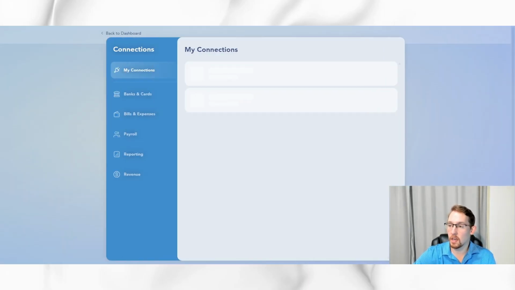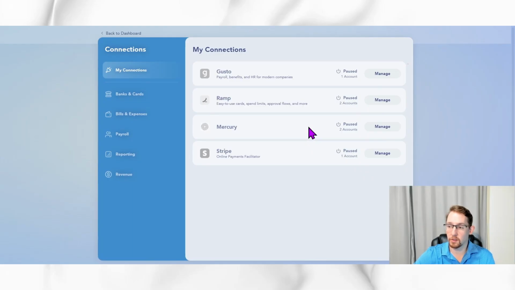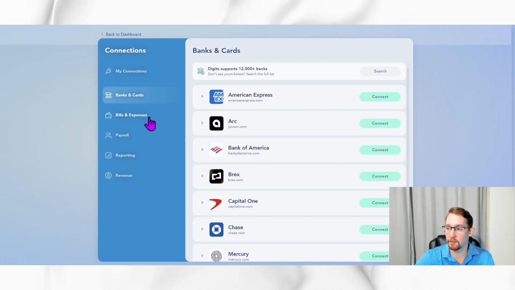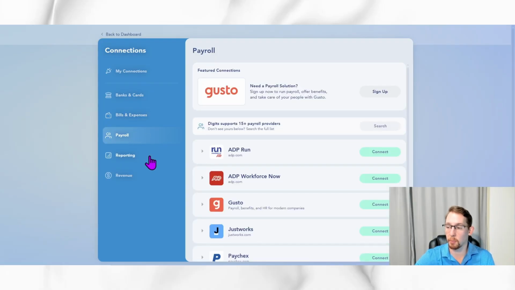Let me go over here to connections. You can use Stripe to help manage the recurring revenue and revenue recognition. Revenue recognition in QuickBooks will be an absolute nightmare. There are better tools out there, such as Digits, that can make your life easier, saving you time, saving you headaches, saving you frustrations. And all these connections will then flow into the reporting that you need to see how